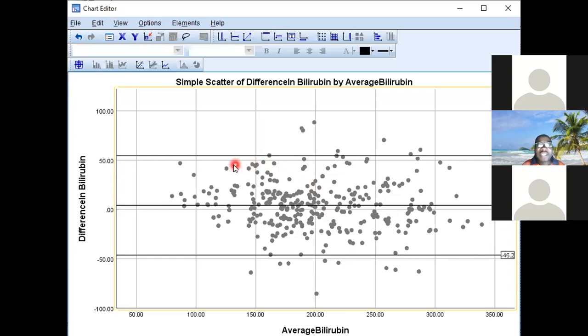It is believed that any value within the two lines is still in agreement, still okay. But all these values are out, they are not okay. If you do the paired t-test, it's significant. It shows that there's a significant difference in the two readings because we have a lot outside. The graph does not quantify that, but the t-test does. What the graph is showing you